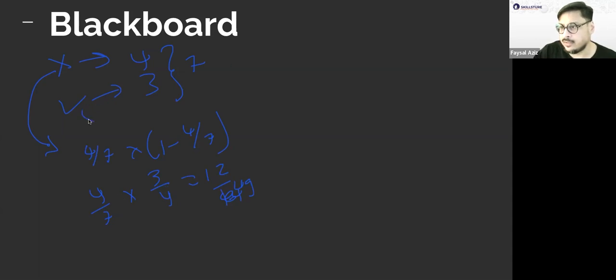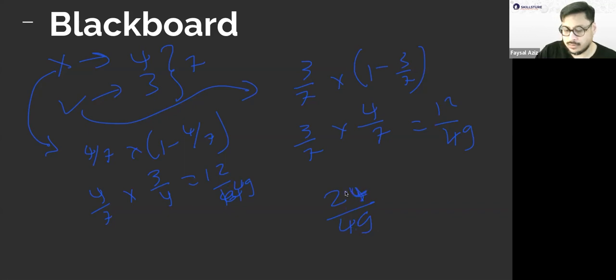And for the times that I would take the dog out to walk, it would be 3 over 7 times 1 minus 3 over 7, which is 3 over 7 times 4 over 7, again 12 over 49. So if you add these two together, it is 24 over 49. So let's do the calculation, which comes to 0.4898. Very close to 0.5. So this is a bad split.